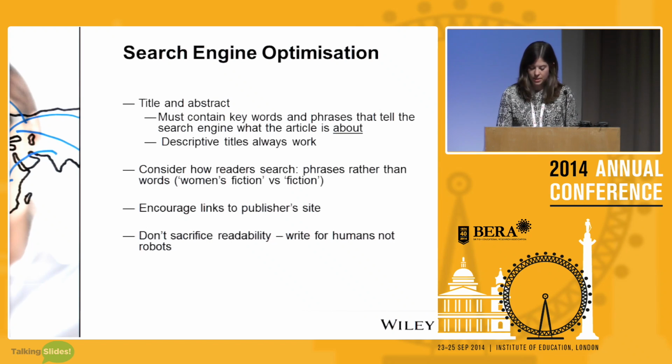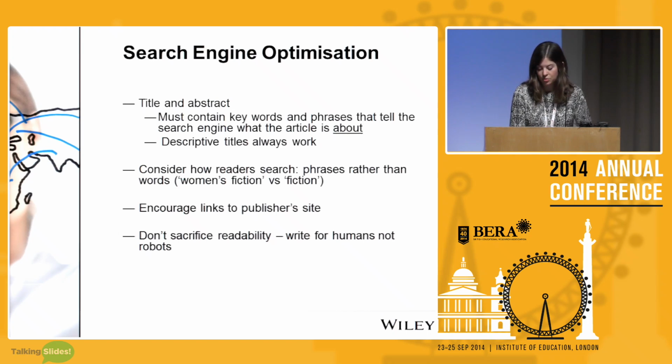And search engine optimization, I'm not understating it when I say that it's an important and growingly important issue. If you look at the stats of how people access academic content, increasingly it is via search engines and it is searching through keywords. And if you publish with a journal like the journals here or with a major publisher, then you can rest assured that they are working to make their site and all the journals within their site as discoverable as possible. But there are things you can do to make your article as discoverable as possible likewise.